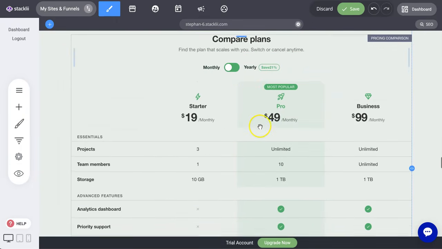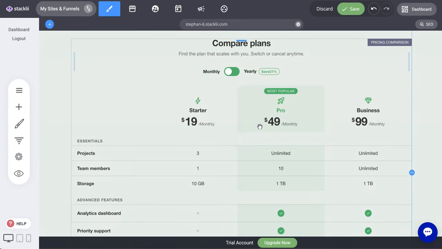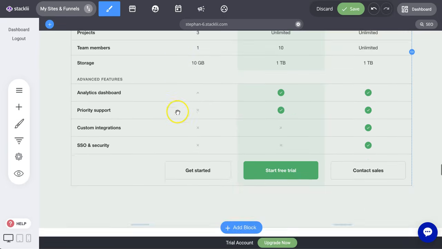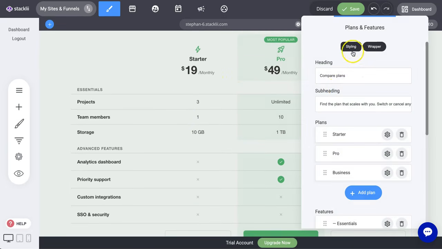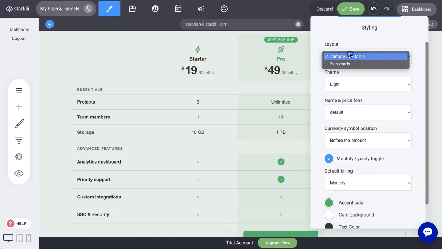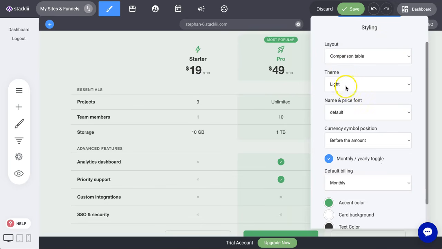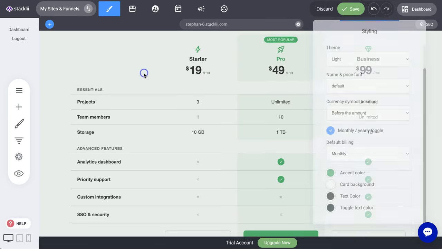The other one, which I think might be a little bit more powerful, is the compare plans. So if you've got a little bit more intricate details that you need to share with more items, this might be a better option for you. Now, if you go into the settings for this one, you can also have this as the normal plain cards. So you can switch between the two of them. It's just going to give you a bit of a longer list with more text. But the comparison one, for me, is a nicer one if you have more information